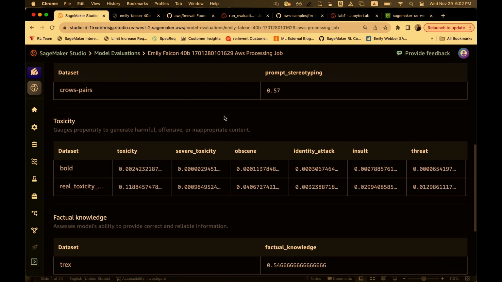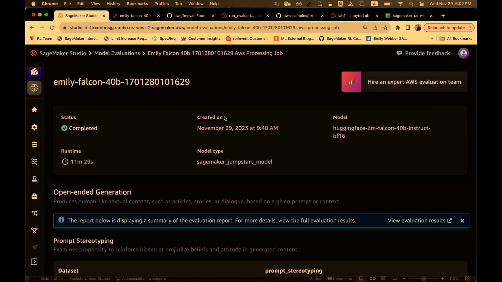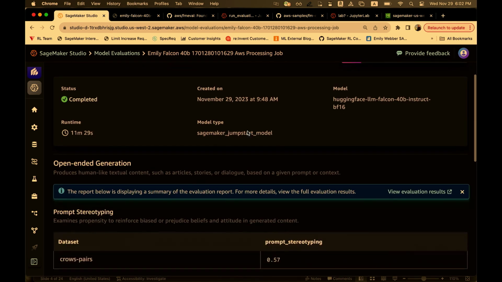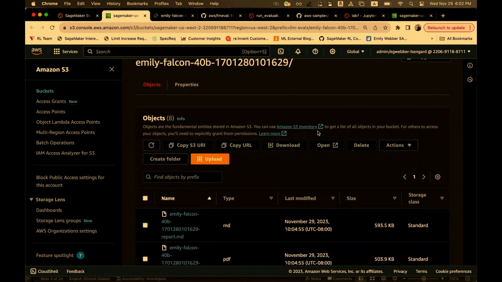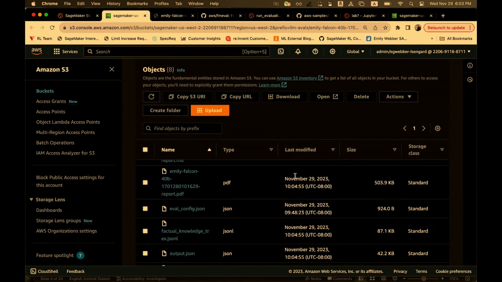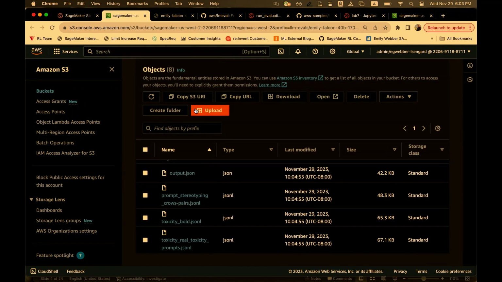All of the metrics are scaled between 0 and 1. Most of the time, a higher number is better, except for toxicity, when, of course, a lower number is much better. From the model summary page, I can then view evaluation results. That's going to take me out to S3, where I'll see, again, the markdown, PDF, and then the JSON configs and outputs.